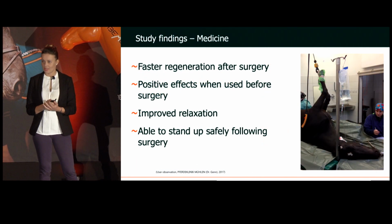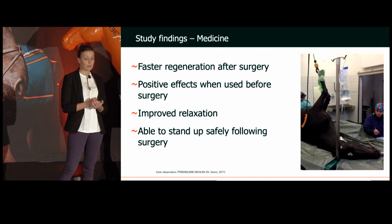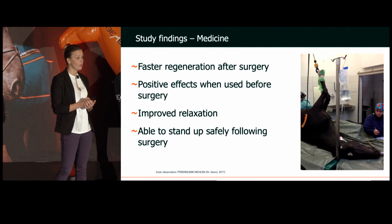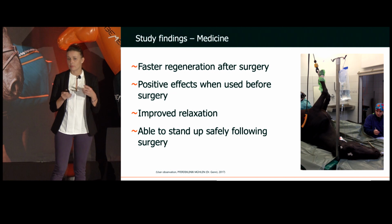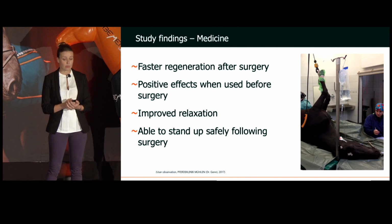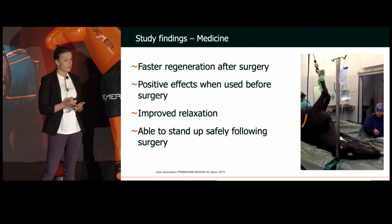Now we have our studies about the medicine, which is very, very interesting. The horses were treated with the BEMER horse set before and after surgery, which was more than 1 hour. So they were taking only these horses that were already at risk of developing some muscle problems because of the low blood pressure. And they demonstrated a smaller increase in CK values,